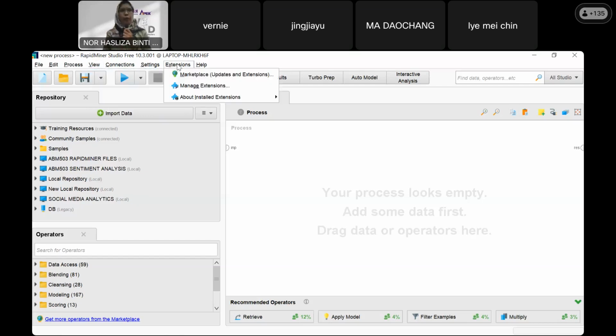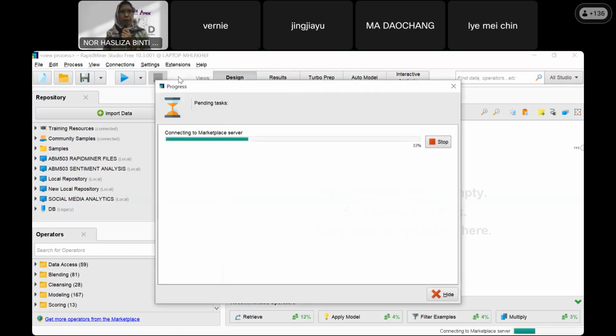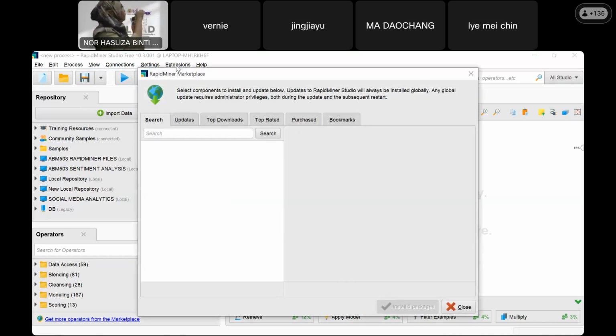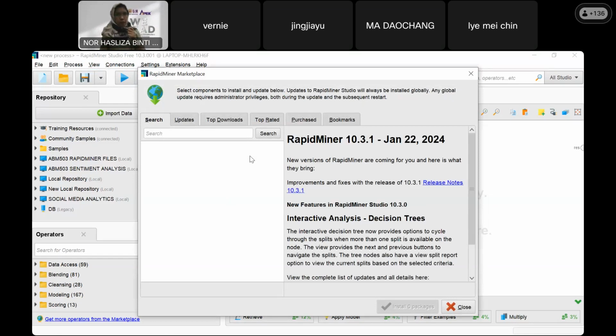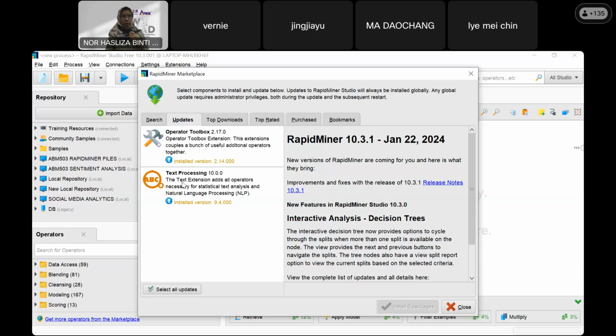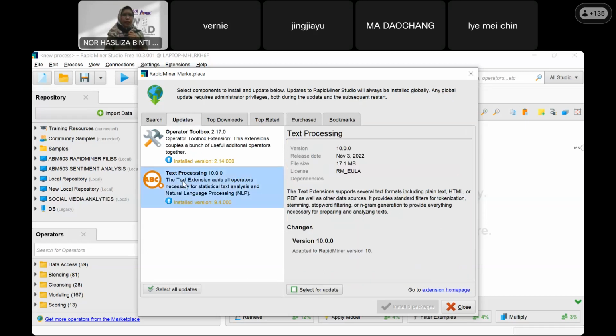By the way, could you please go to extension, marketplace, go up there, extension, marketplace. Okay, so try to get the text processing extension and try to install it, because we will do this function for our text processing or text mining part.